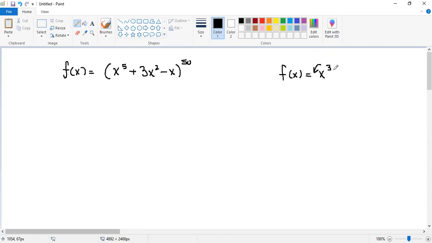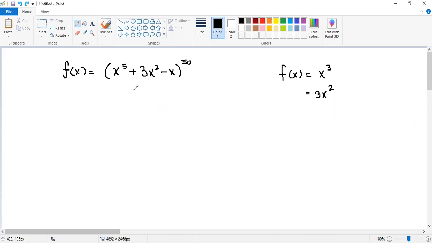you would bring the 3 down and then you would subtract 1 from the top. So you would bring the 3 down, 3x, and then you'd subtract 1 from the top. You'd get 3x squared. The same idea here, except this is x. You can think of this as x to the 50th, right? So you'd bring this down, and then you'd subtract 1 from the top, but you don't actually change the value